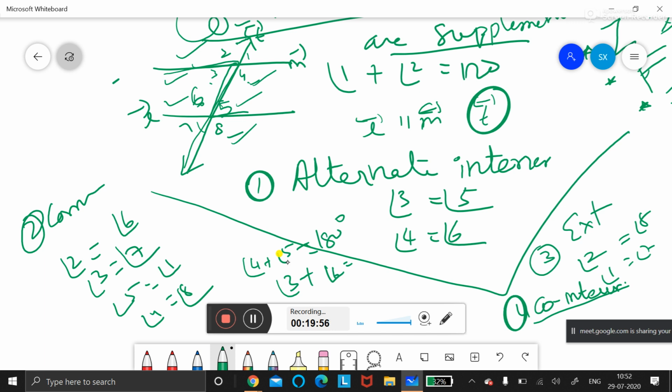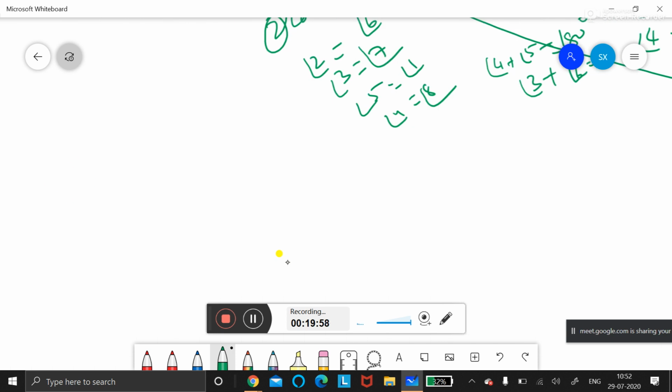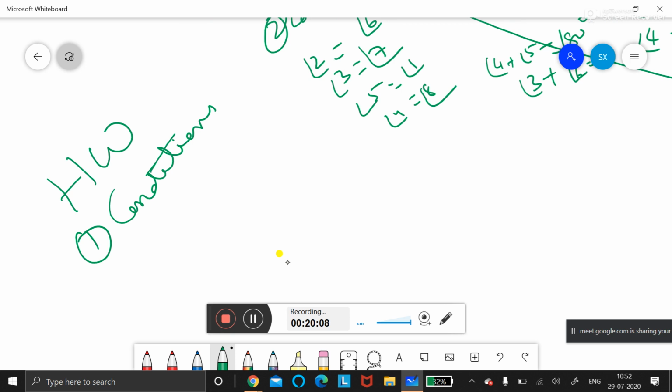Now, what is the homework? Tell me clearly. First, take the 7th standard classwork and write down the condition of parallelism theorem. I taught you nicely; I remember teaching it in 2 periods. Write the condition of parallelism. Then you write exercise 3.3 in 8th standard. This is 7th standard portion.